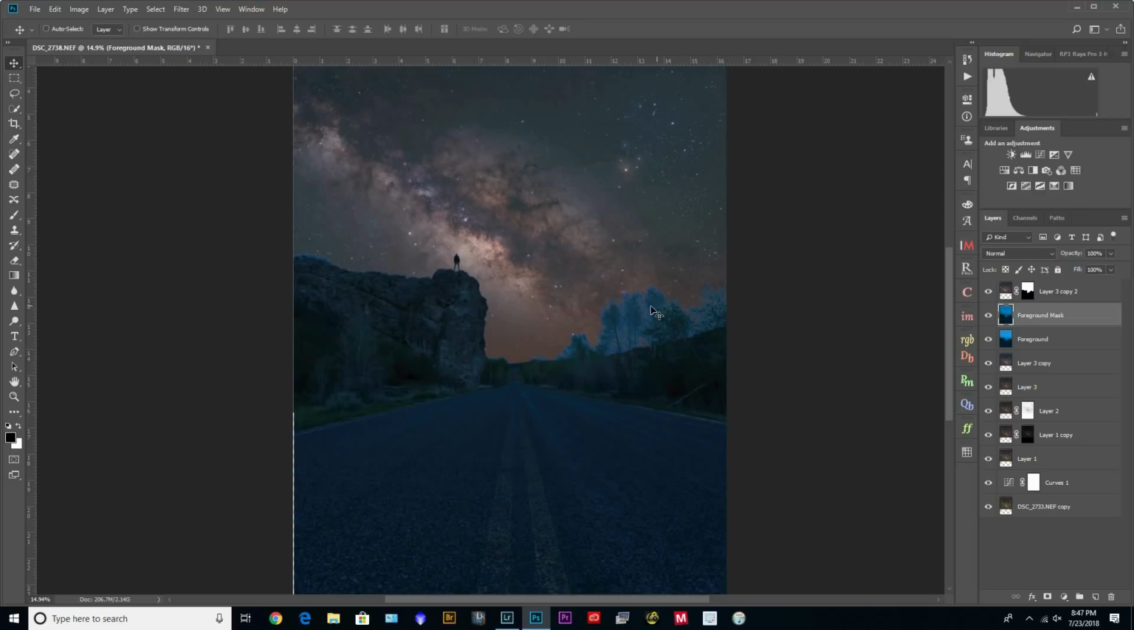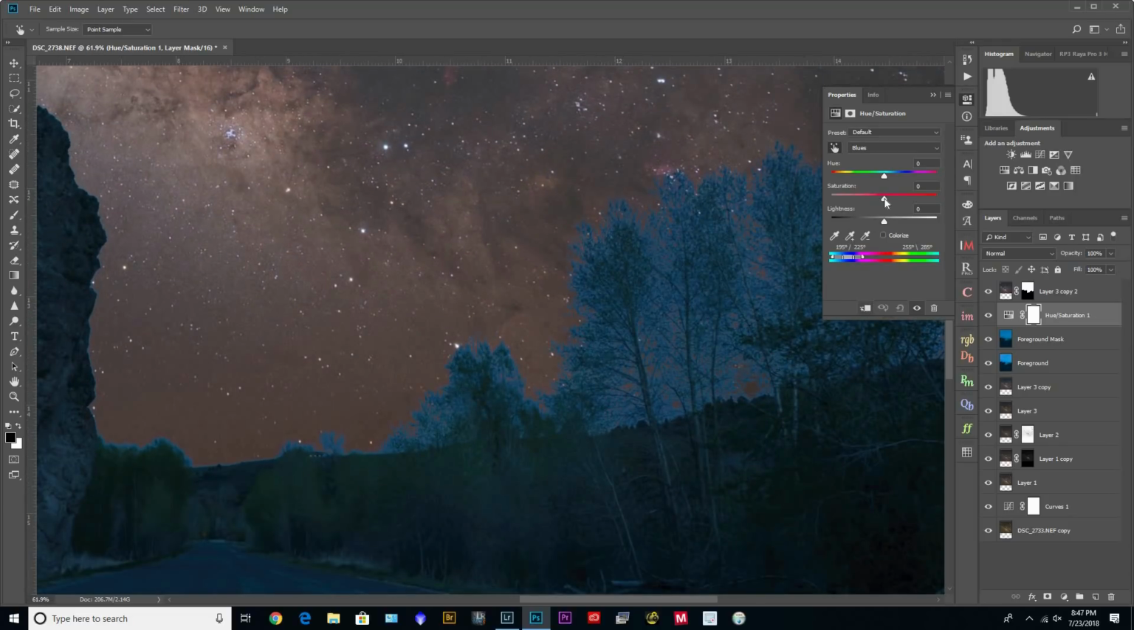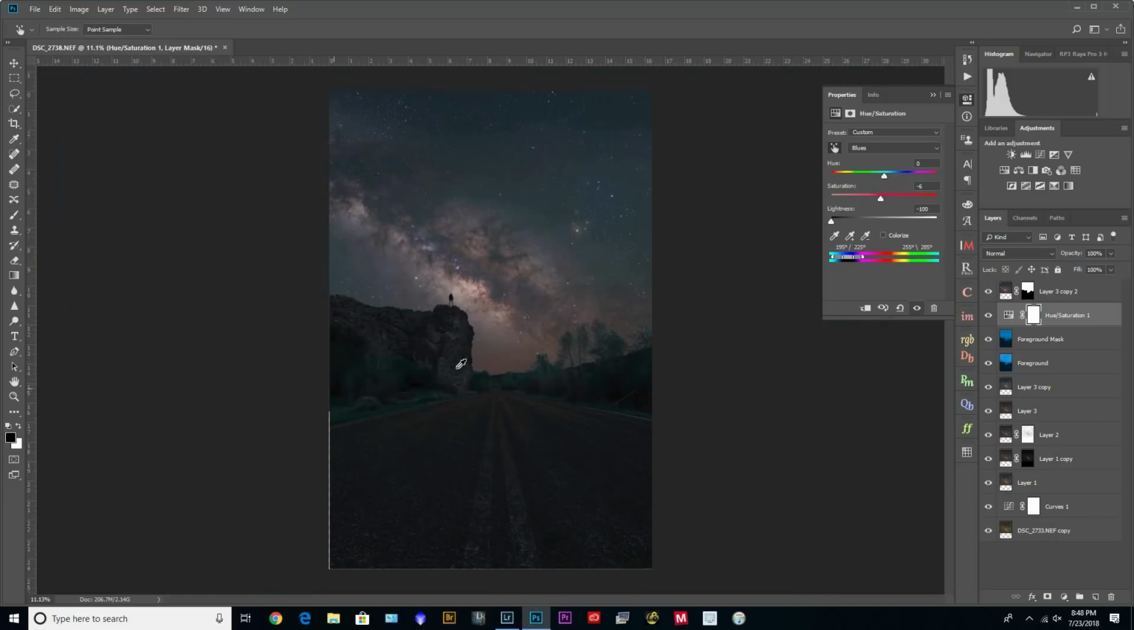So there's some already disappeared. And now what I want to do is grab the hue. I can zoom in here and grab the blues, and we can get rid of that and drag the lightness down. So that's black. And there we go. There's all the fringing gone. Now,